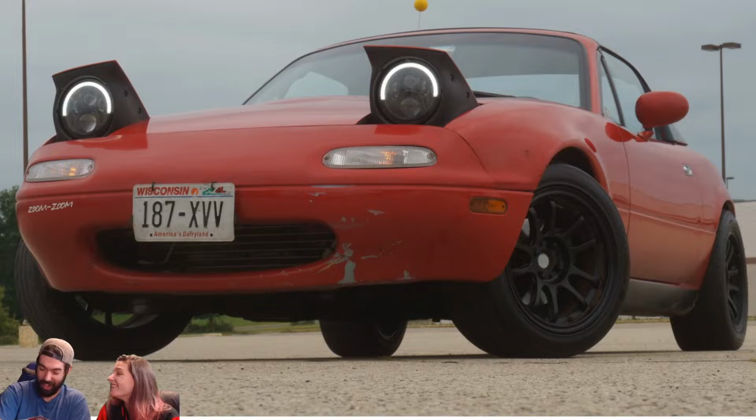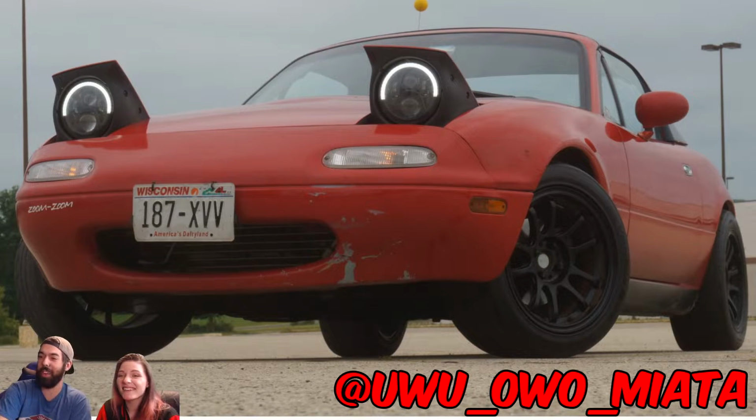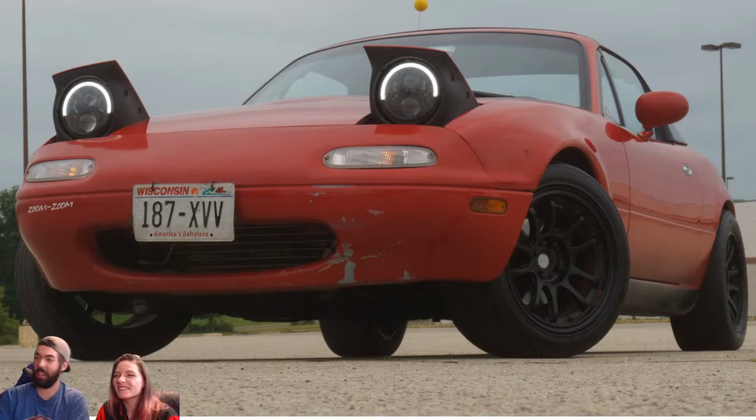Okay, so up next we have the UwU Miata. This is my friend Malachi's. Oh my God, this is Malachi. Okay. So we have a special attachment to this Miata, but if we're going ahead and judging it based on never seeing it or never experiencing it,